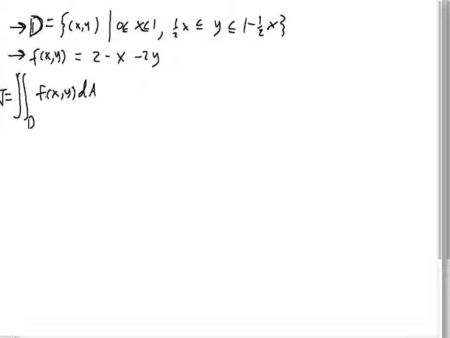And we want to find the volume, which is going to be the tiny piece of area times a height, which creates a volume. Okay, so let's write this down now in its operational form. We're going in the x direction from 0 to 1. That's right here. And we're going in the y direction, from 1/2 x to 1 minus 1/2 x. All right, and so our function then is going to be 2 minus x minus 2y dy